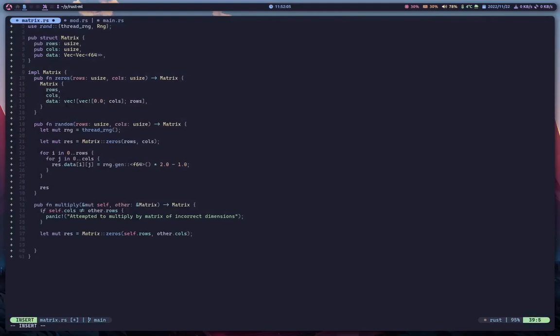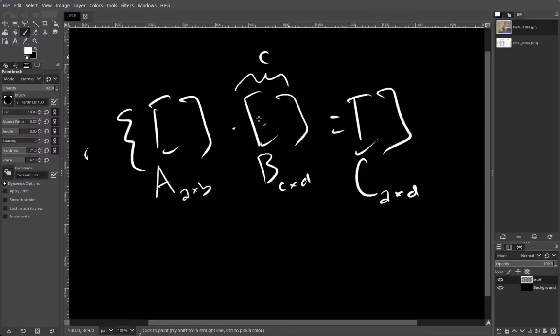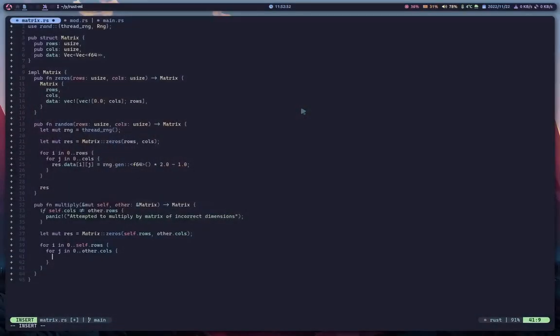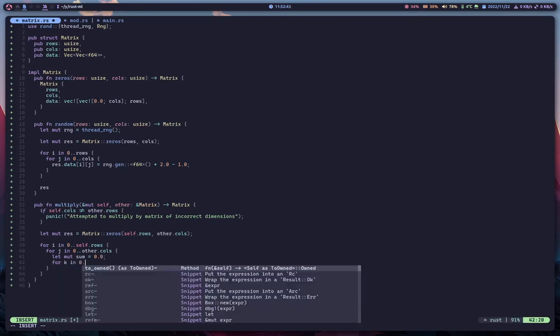So we're going to have let mut res equals matrix zeros self.rows other.columns, and then for i in 0 to self.rows, it's just another loop. So for j in 0 to other.columns, right, so we're basically going to go through each of the rows of this one, and then each of the columns of this one, and then we're just going to multiply them. And then how we're going to do that is, we're going to get a sum, so let mut sum equals 0, and then for k in 0 to